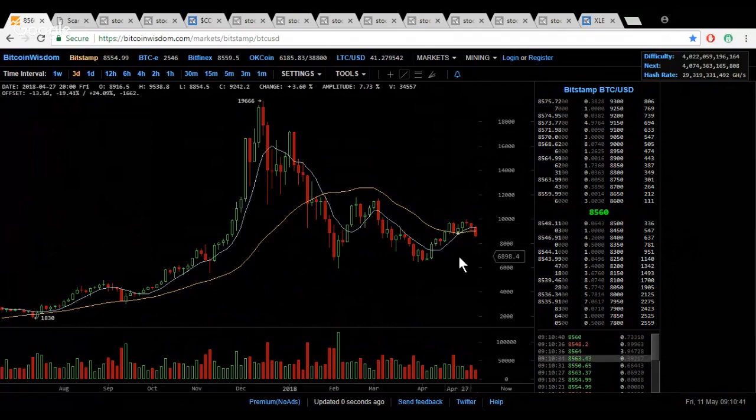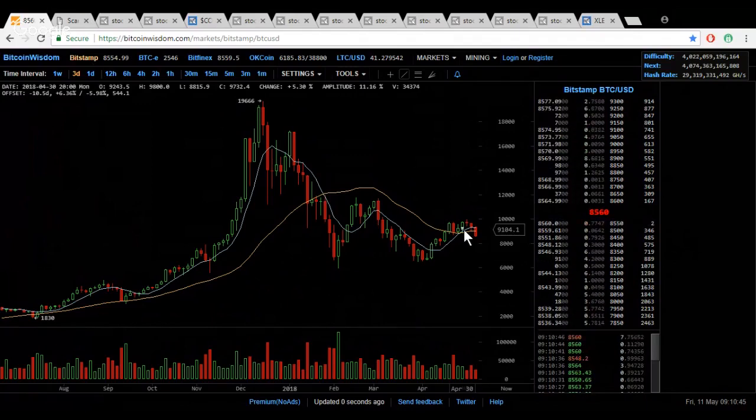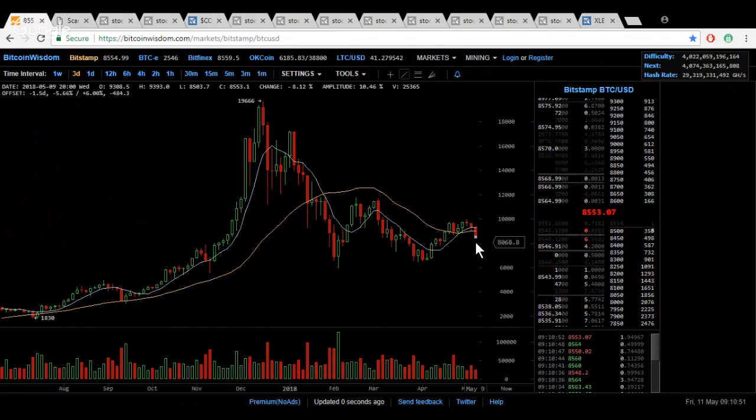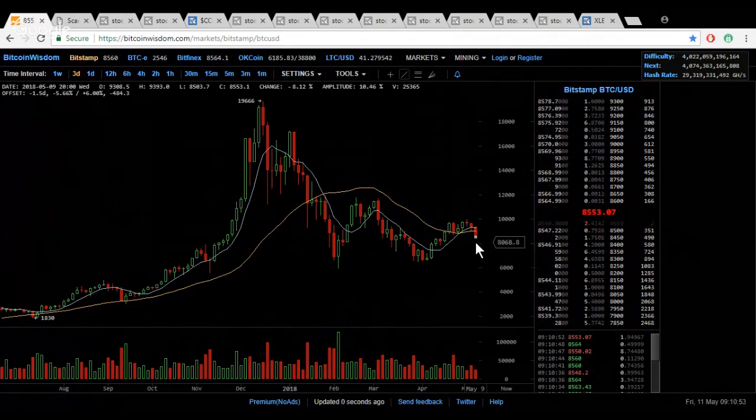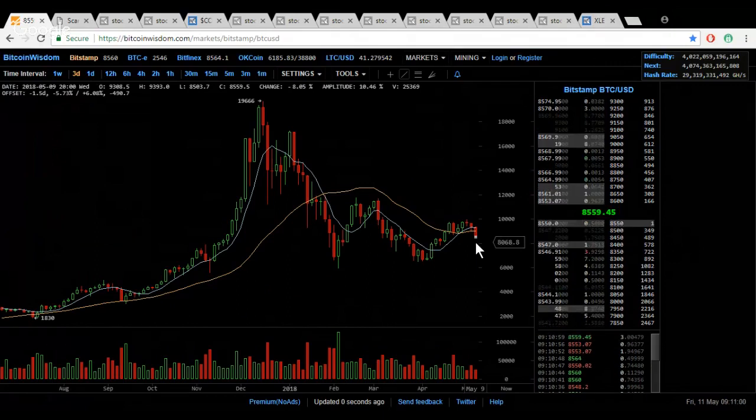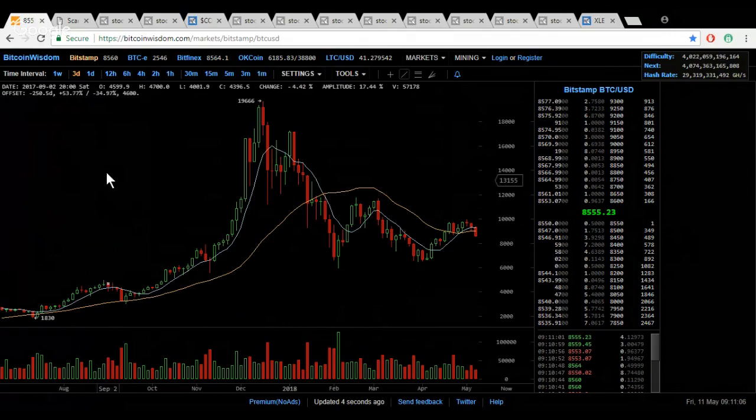And now the price has broken below the short term, and as of this candle, this 3-day period, we have broken below the long term. Unless we rally price very quickly on the 3-day basis, the short term will cut back down through the long term, and the long term will resume, signaling a full bear market.